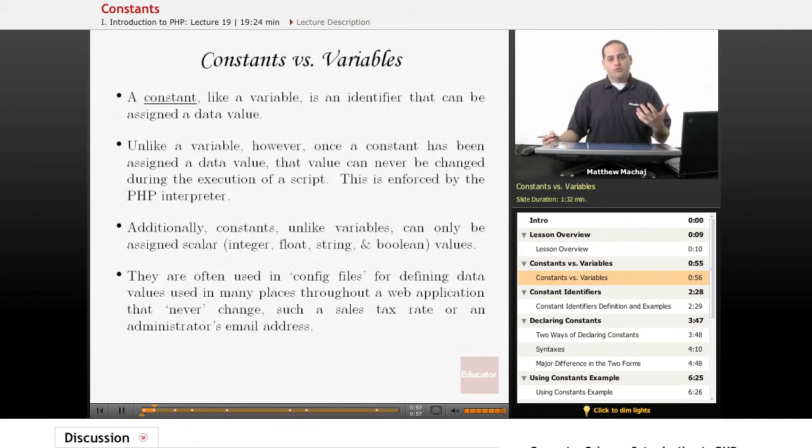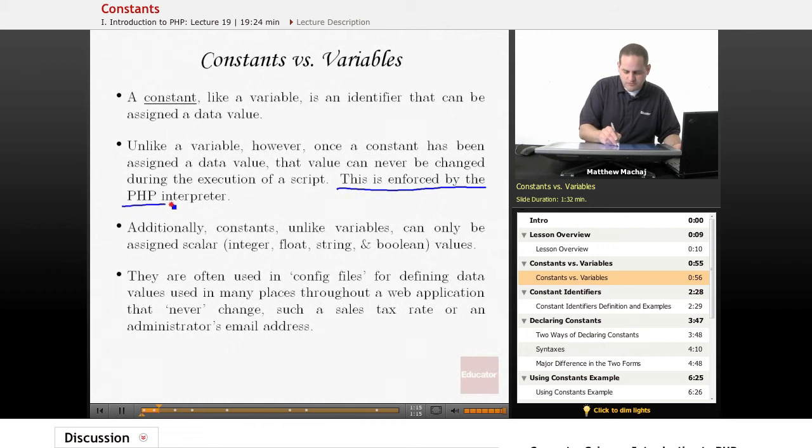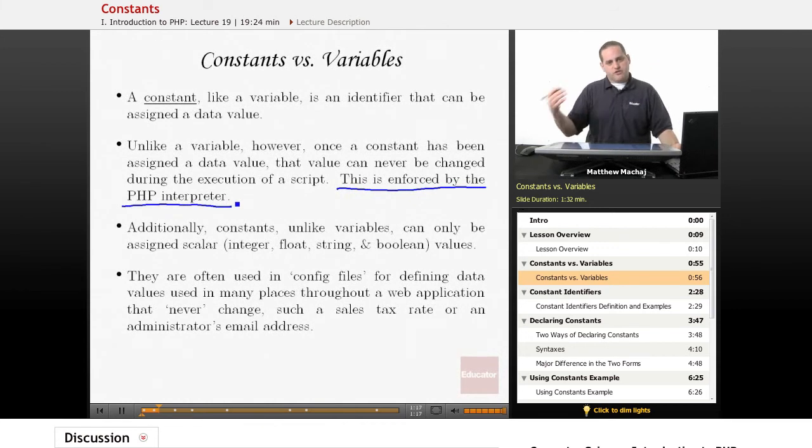So, basically what is a constant? Well, as the name implies, it's a value that doesn't change. In PHP specifically, it's an identifier that you can assign a value to. However, unlike a variable, once it's been assigned a value, that value can't change during the execution of the script. And this is something that's actually enforced by the PHP interpreter. So if you define or declare a constant and set it equal to one value and try to do it again later in your script, you're going to get a warning, and then also the redefinition is not going to